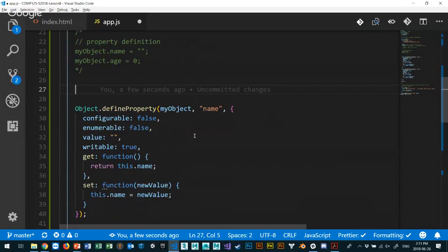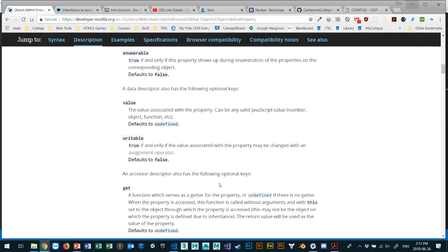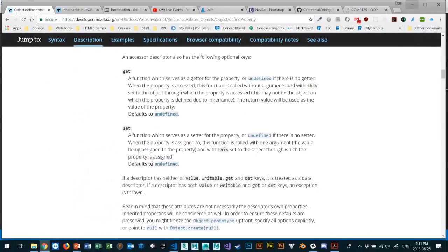And by the way, going back to the documentation, notice that it says a get and set: a function which serves as a getter for the property, or undefined if there's no getter. When the property is accessed, this function is called without arguments, and with this set to the object through which the property is accessed. This may not be the object on which the property is defined due to inheritance. The return value will be used as the value of the property. So whatever the function is going to be. If I don't define it,